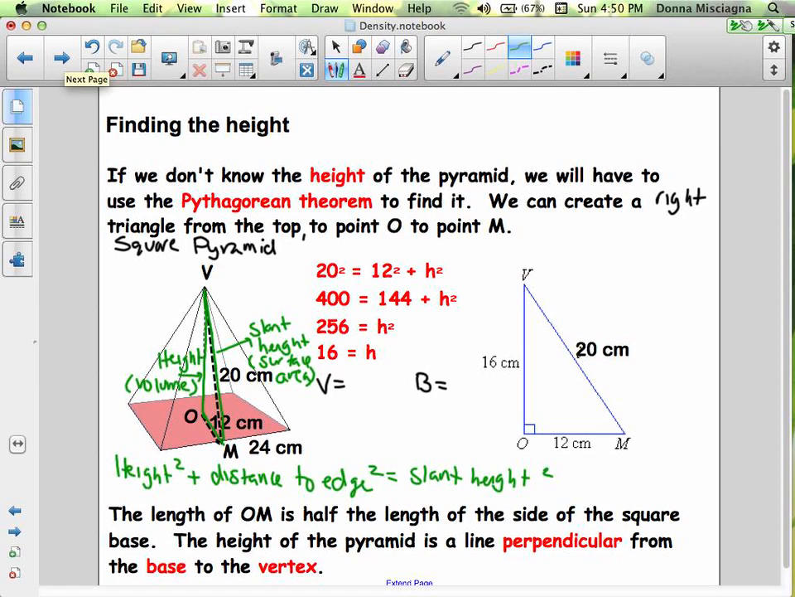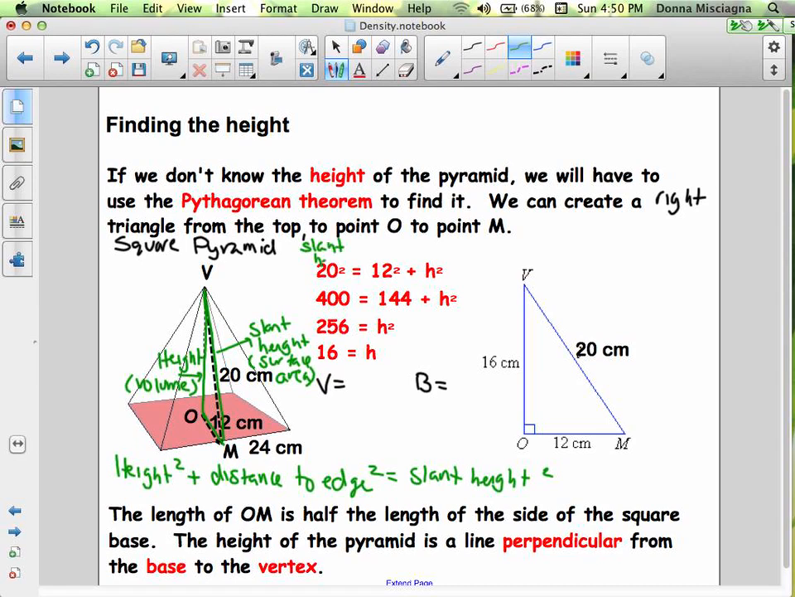So the length of OM is half the length of the side of the square base, and the height of the pyramid is a line perpendicular from the base to the vertex. So the point underneath the vertex will always be half of the base if it's a square. And this is a square pyramid, so its base is a square. So now we can find the height of the pyramid by taking the